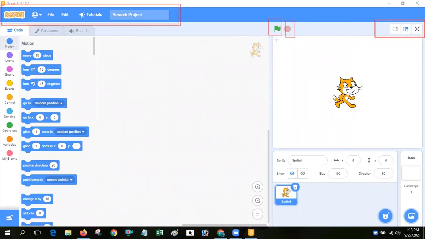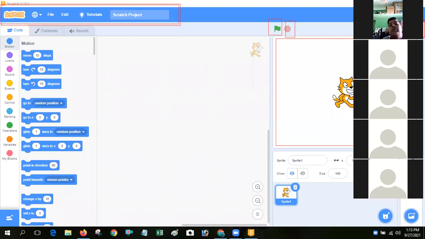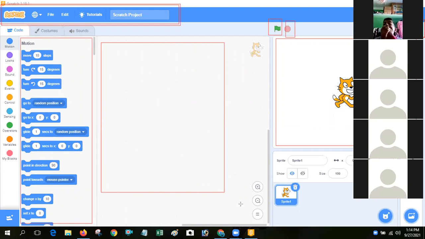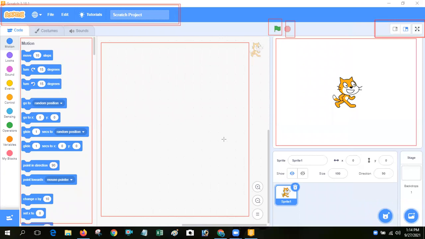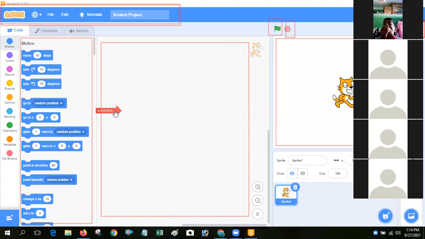Next is the block palette. This one is called block palette. And this one is called script area.